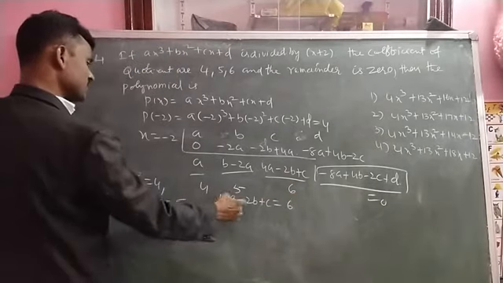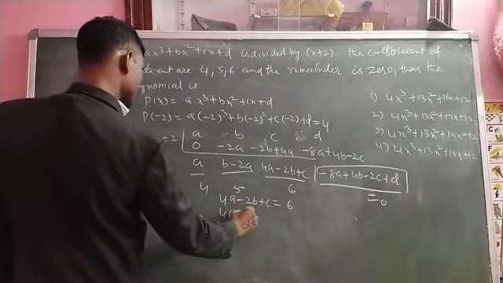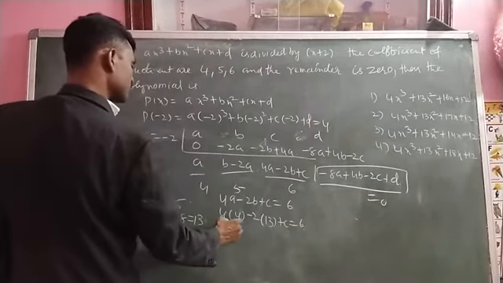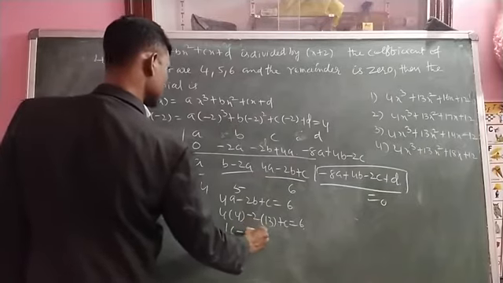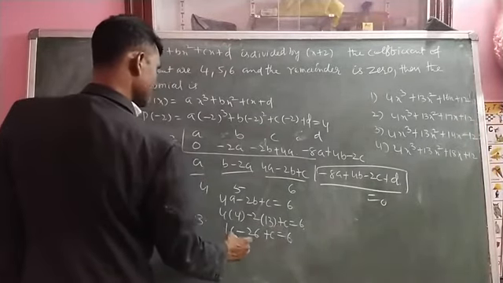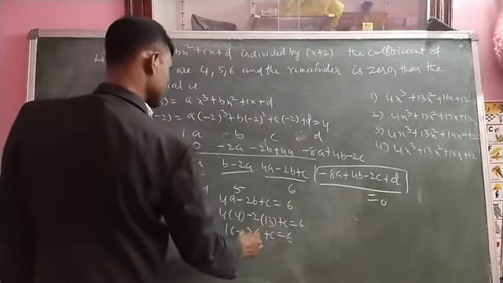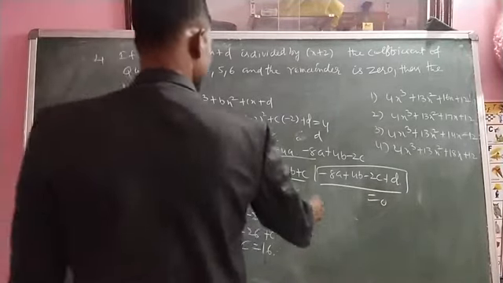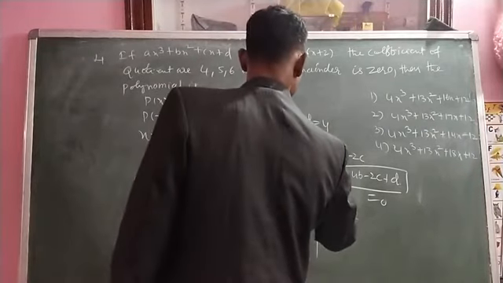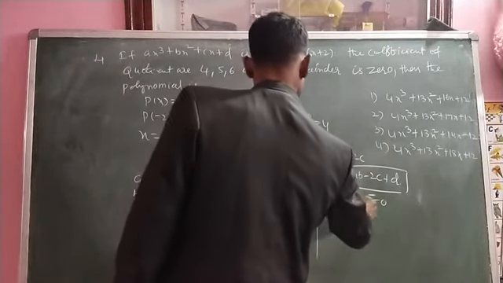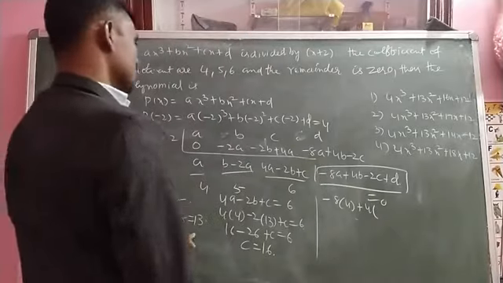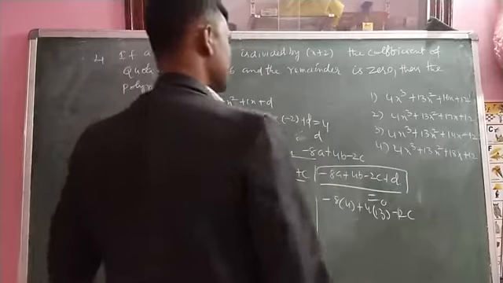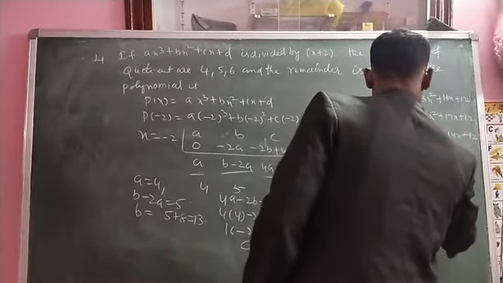Here we know a and b, means here 4 into 4, 2 into b is equal to 13, plus c is equal to 6. Then 4 fours are 16 minus 26 plus c is equal to 6. Here this is minus 10 and that side means c is equal to plus 16. Now here this is minus 8 into a is equal to 4, plus 4 into b is equal to 13, minus 2 into c is equal to 16, plus d is equal to 0.